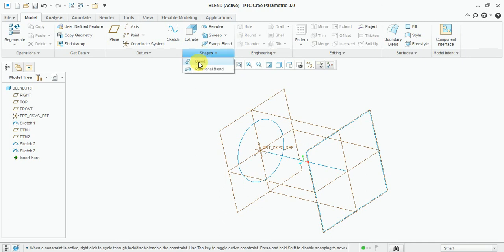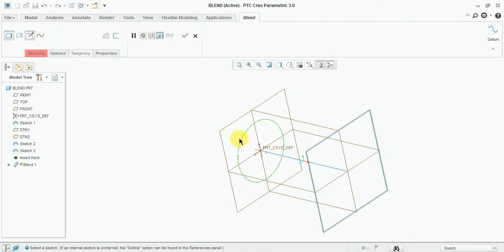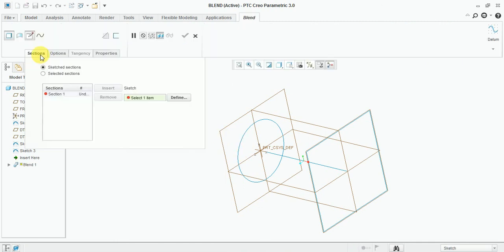Now select the Blend. You can see here two options are available. One is Sketched Sections. You can sketch the section here. And this one is Selected Sections. Now we have already sketched both sections, so we select this option, Selected Sections.